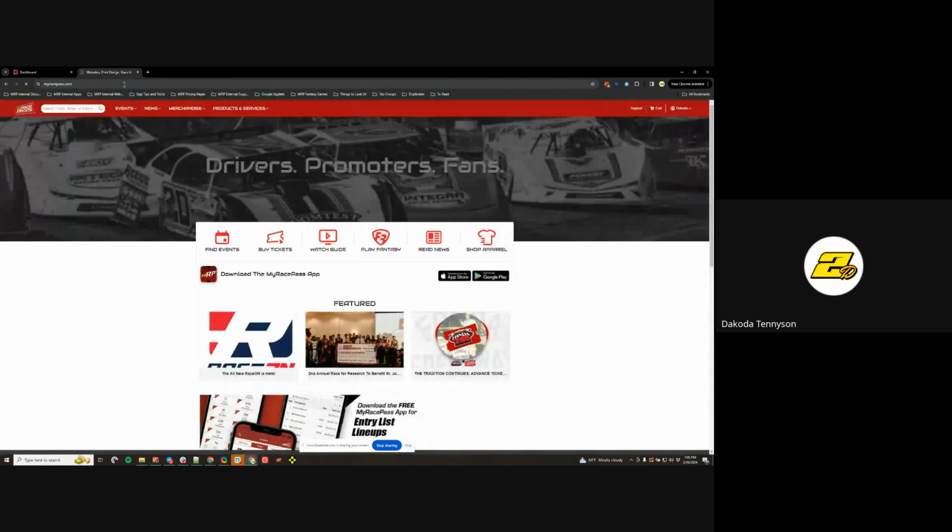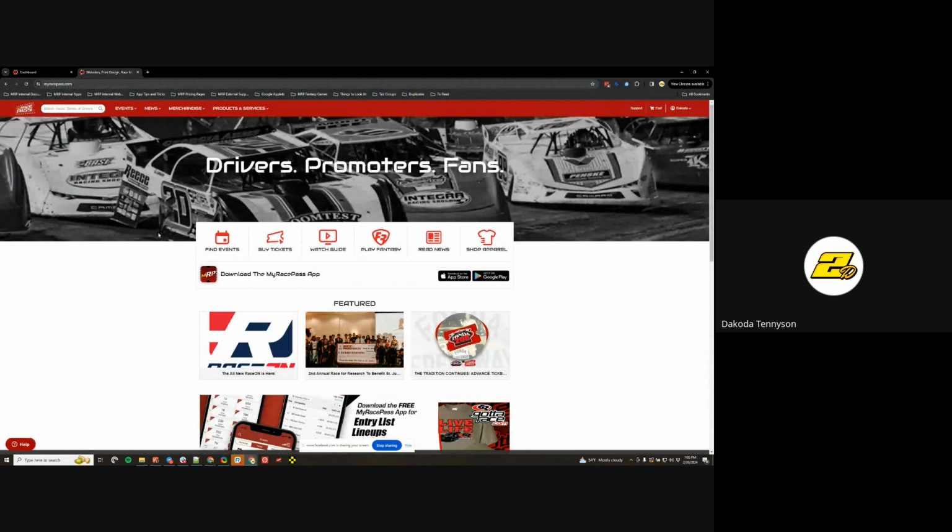The easiest way, in my opinion, is to go to myracepass.com. Once you're on myracepass.com, up here in the top right corner, you'll see either log in or your name. If you see your name, you're already logged in. If you see the log in button, go ahead and get yourself logged in. From there,